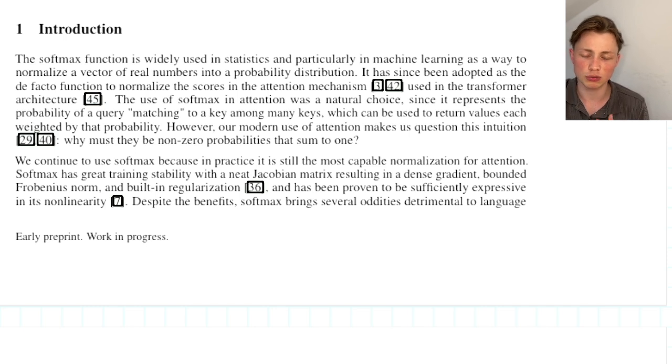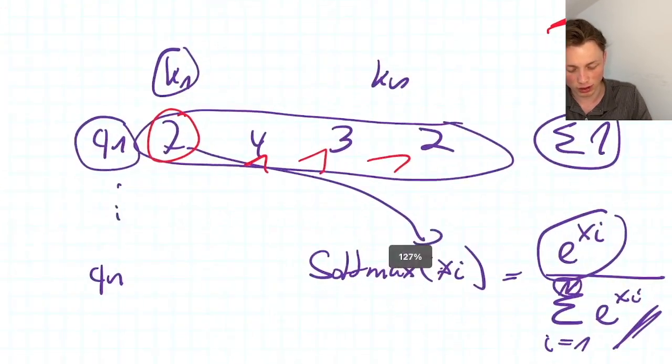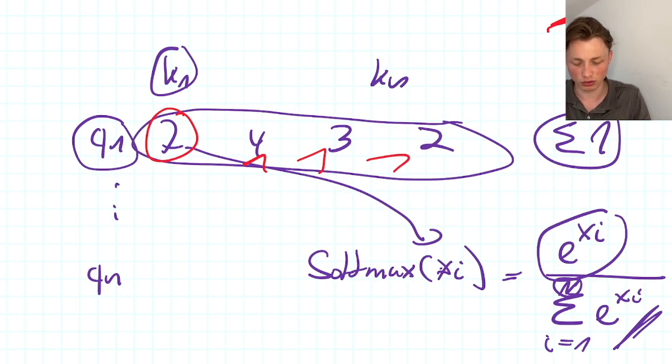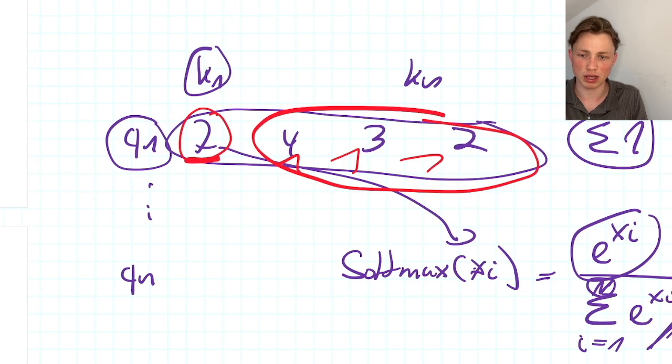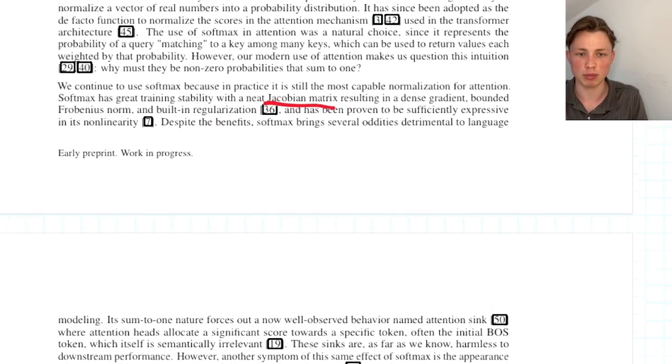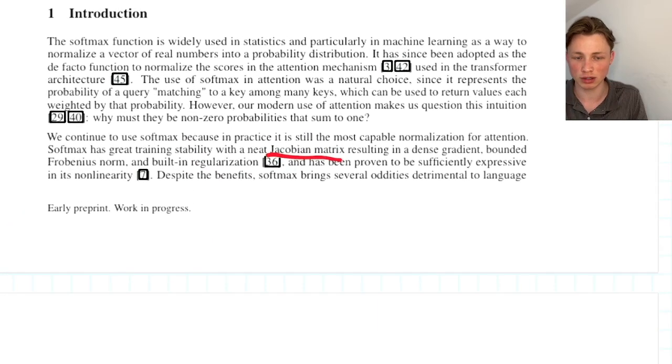And the first is that we have really good gradients, and our gradients are calculated with the Jacobian matrix, because we have a matrix of derivatives. Each value here, if we change the value of 7, also has an impact on the result of all the other cells of our matrix in this column. Okay, so this is why we have a Jacobian matrix, and this Jacobian matrix has a bounded Frobenius